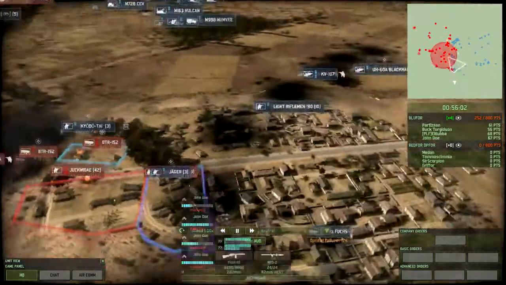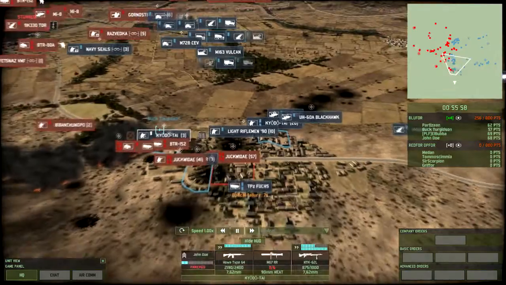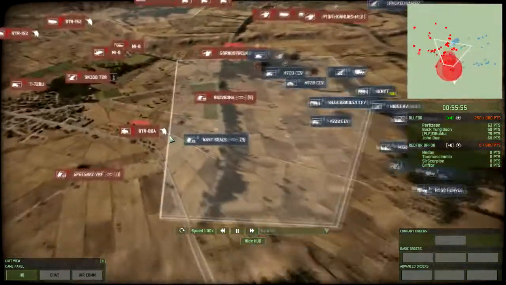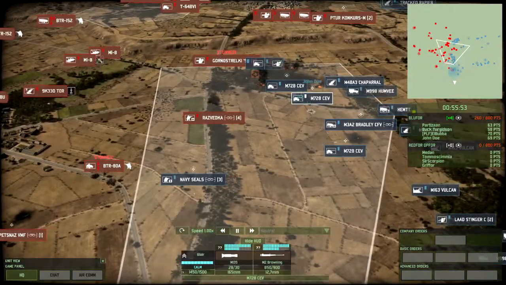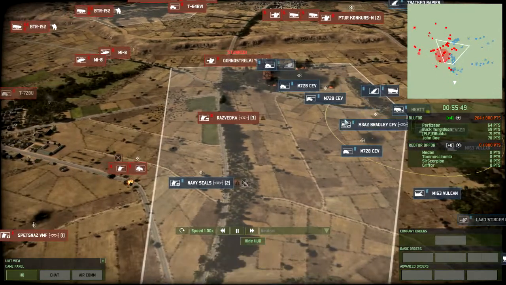Which are a pretty ancient weapon. They're doing a pretty good job clearing off these infantry now. BTR's moving up, but John Doe ain't having any of it. He has a really nice long-range defense with Bradley, and he's